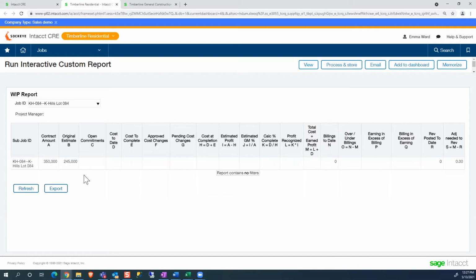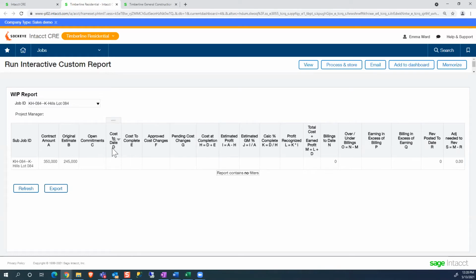And this WIP report then, as we go through using the application, is going to populate and provide a lot of information. Now, a little background on this specific WIP report is it's one that I designed, and I chose which columns I wanted to display on my WIP report. It's really open to whatever columns you would like to see. Most WIP reports don't have this many columns, and in fact, there's many other things that I could include on the WIP report if I wanted to. But I'm going to walk through this example here using these columns, and I have named these.